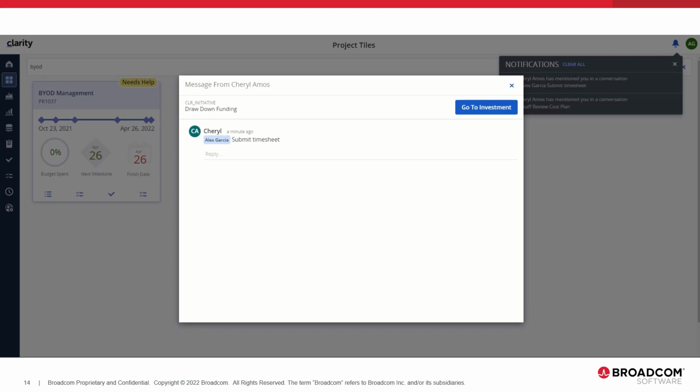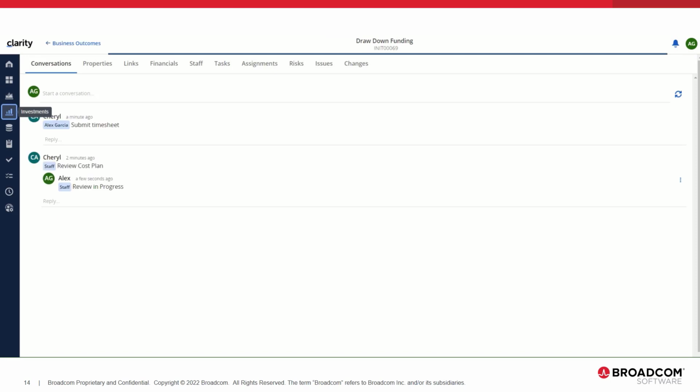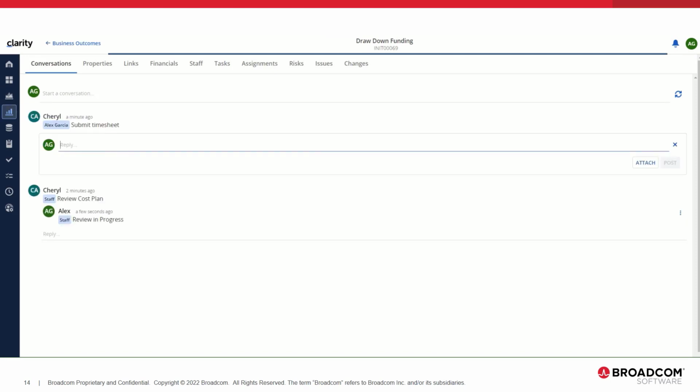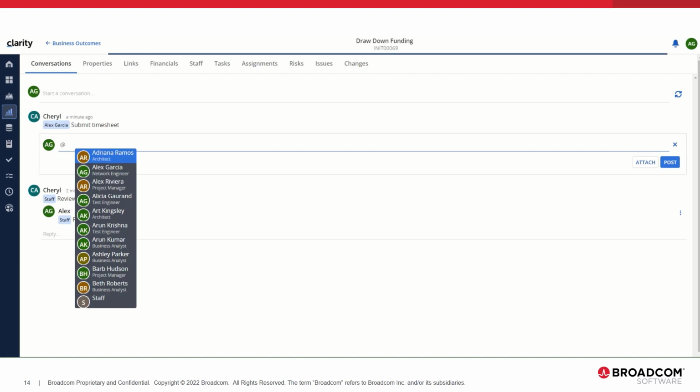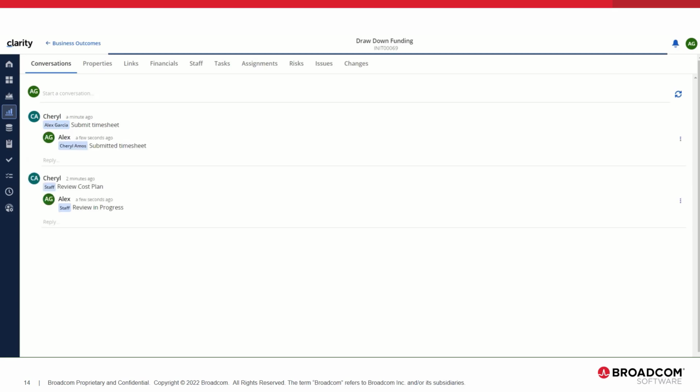Alex navigates to the source investment and responds to the conversation of Cheryl. In this way, Alex is able to respond to the conversations both from notification model as well as navigating to the investment.